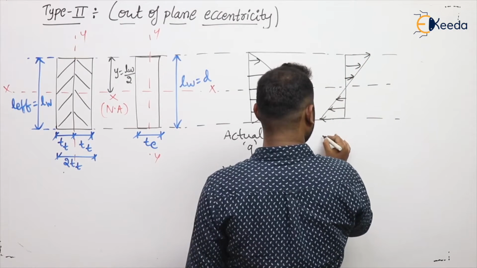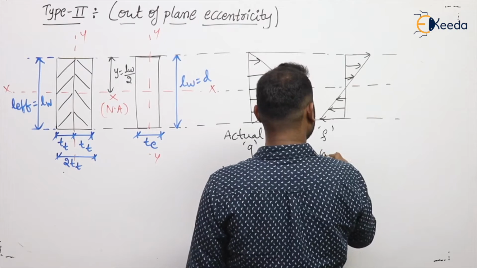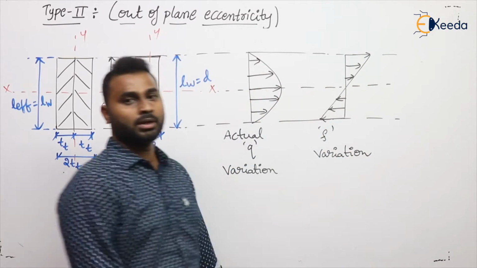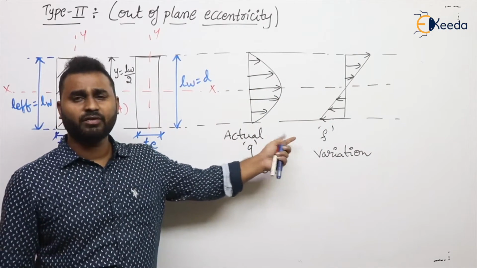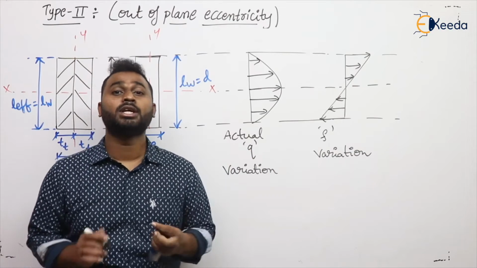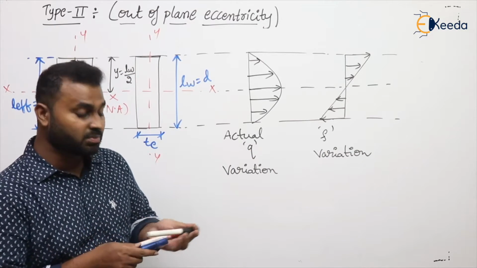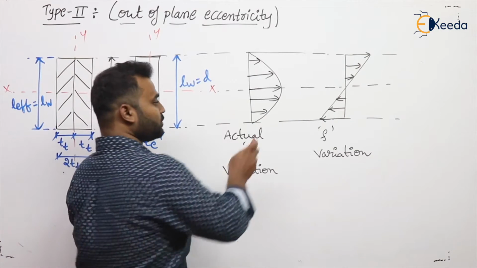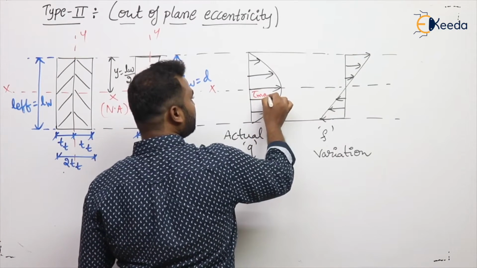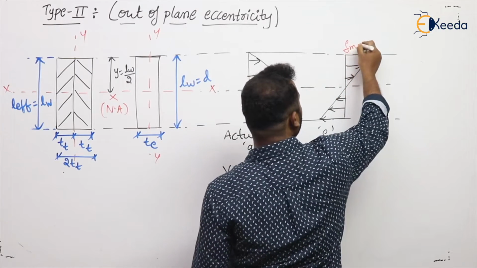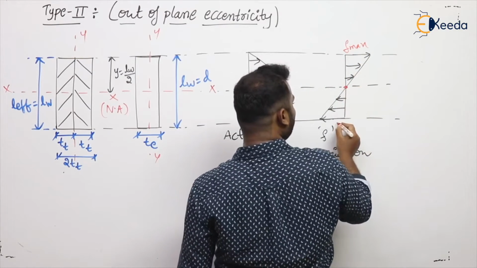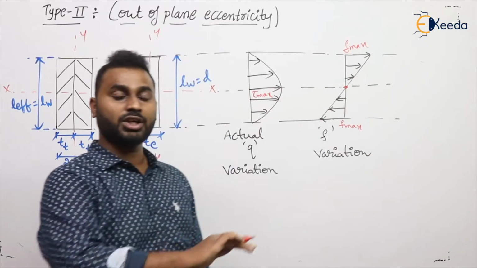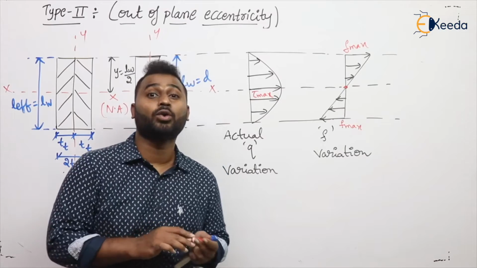Now coming to the bending stress, it varies linearly like this. So this is F variation. From these two stress distribution diagrams, it may be noted that the maximum shear stress and normal stress occurs at different locations. Yes or no? So here is where tau max will occur, and here is where F max will occur. It means here it is 0, and either at top or bottom F max will occur. So the maximum shear stress and normal stress occurs at different locations.